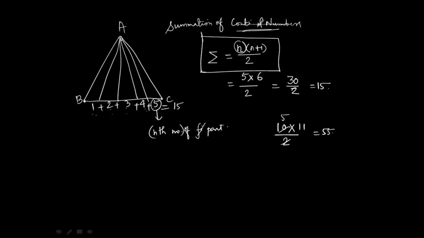If a figure has 10 parts like this from the baseline, then 10 into 11 by 2, there will be 55 triangles in that figure. Keep that in mind, okay? We use the summation formula of continuous numbers to find the number of triangles from this kind of figure where